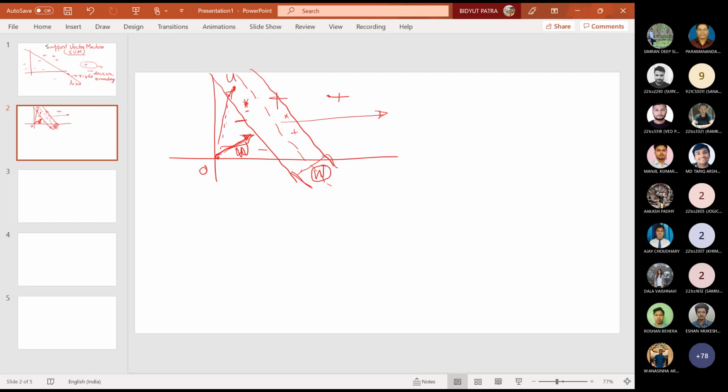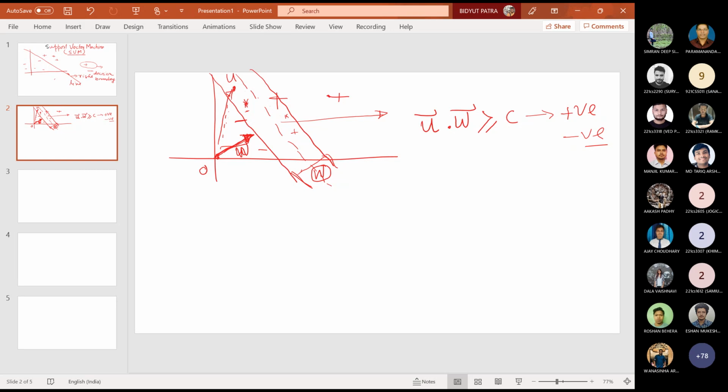What is this projection? The projection is nothing but u dot w, and if it is greater than some constant c, then we can say it is a positive sample, and if it is not, then we'll say it is a negative sample. So, did you understand? Say we have a vector that is perpendicular to the straight line, so that is w.